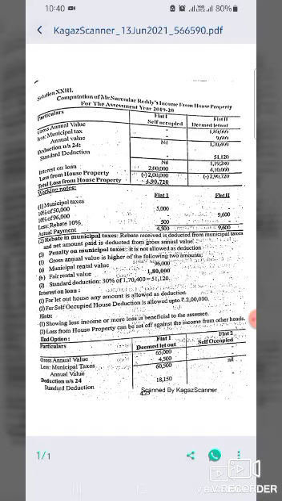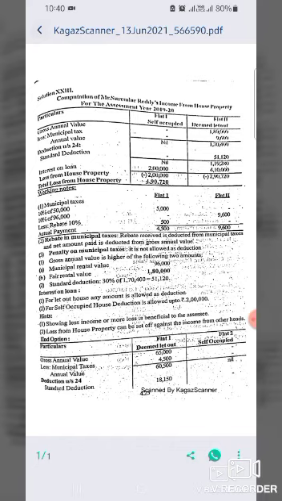So rebate in municipal tax, the rebate received is deducted from municipal tax and the net amount paid is deducted from gross annual value. Penalty on municipal taxes is not allowed as deduction. Gross annual value is either of the following. So municipal rental value is 9,60,000, fair rental value is 1,80,000. So standard deduction is 30% of 1,70,400. So 51,120 is the standard deduction.